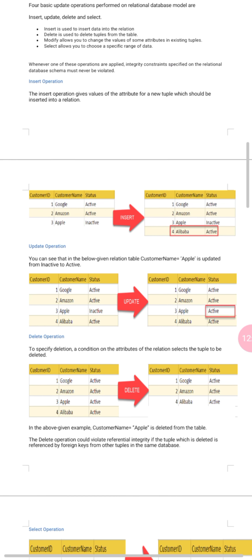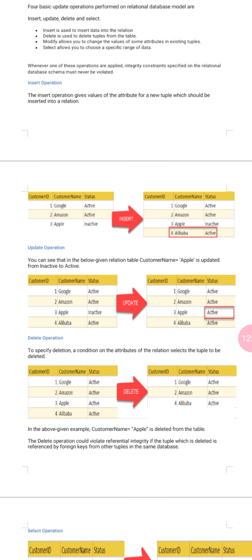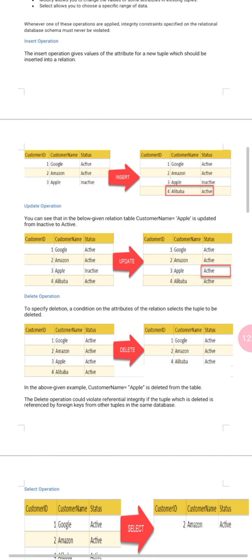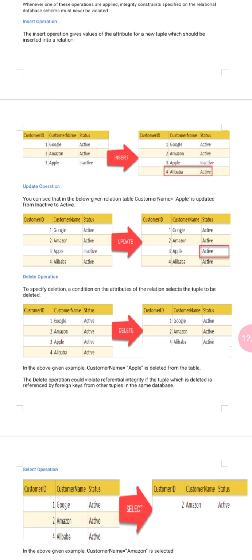Whenever one of these operations is applied, integrity constraints specified on the relational database schema must never be violated. Okay, first is the insert operation. The insert operation gives the values of the attributes for a new tuple which should be inserted into a relation.